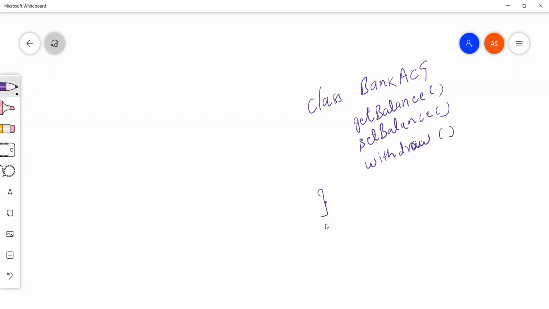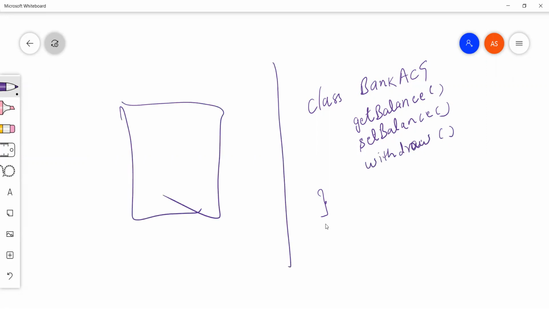Now we have a GUI here, and there is a button of, let's say, withdraw. We have a button called deposit, for example. So here we have a user interface, and when we say withdraw, it is calling this method.